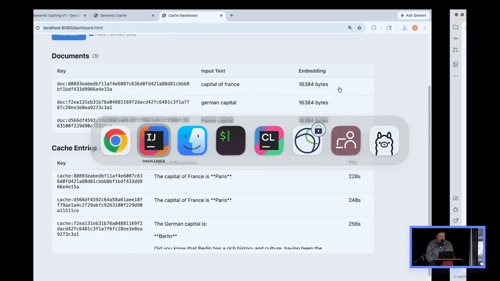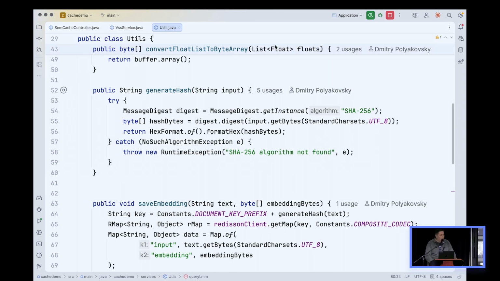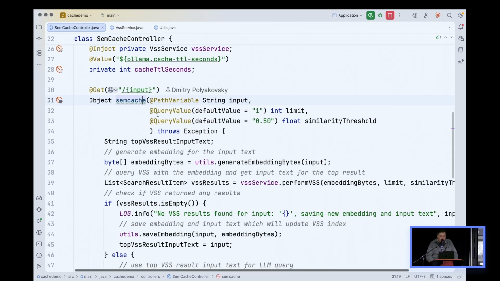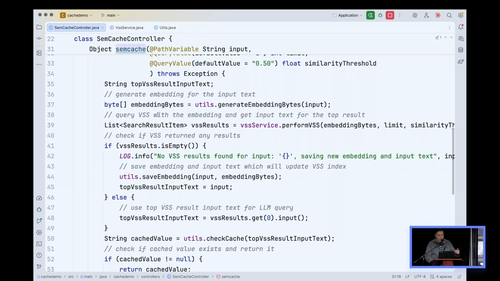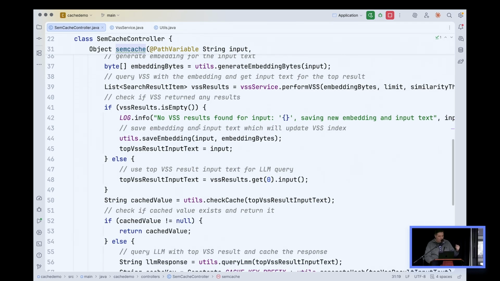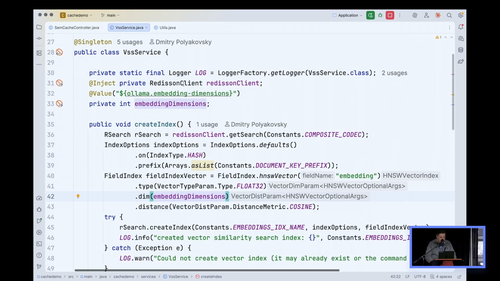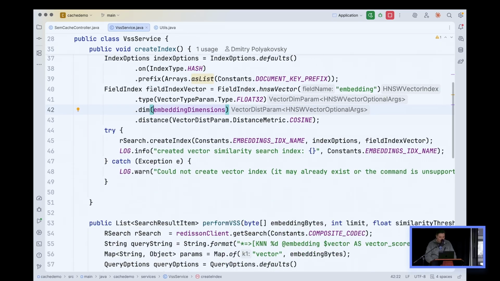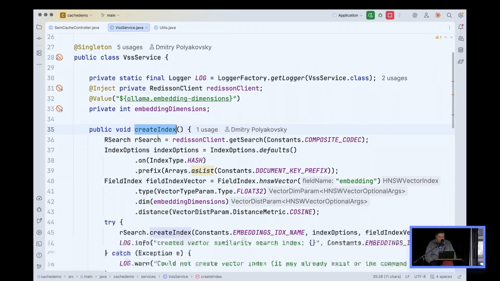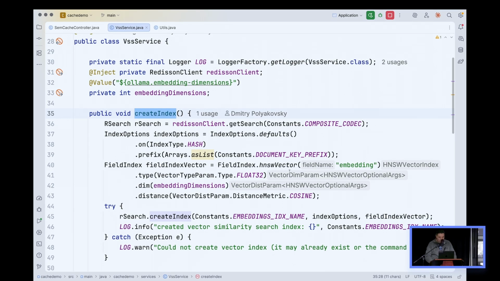A quick jump into the code. It's built on a very simple framework called Micronaut. I have a semantic cache controller. I hit that request, I pass in the prompt. I will basically convert it into an embedding and store it in Valkey. I will query the Valkey index using the Hierarchical Navigable Small World index type. That is actually created using this piece of code right here, which runs on startup and creates the index. So basically you see here, it's an index on type embedding, a float type 32 with the appropriate prefix of